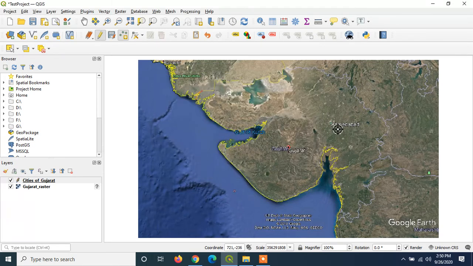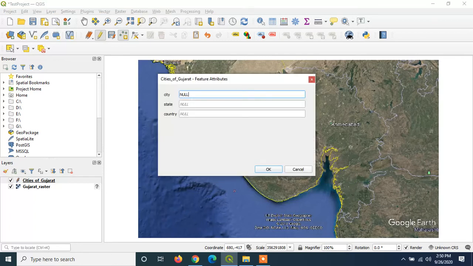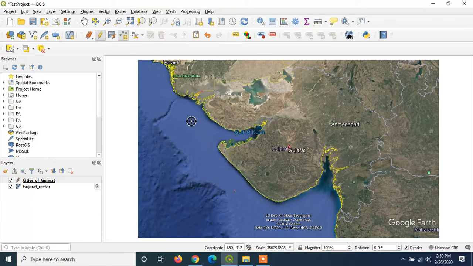So this point is added on the vector data point layer. To add new point, you can click on the place where you want to add that point. So I am clicking here. I want to add a new city name, and that is Surat, state Gujarat, country India. So as you can see, we have these 2 points on our vector layer.